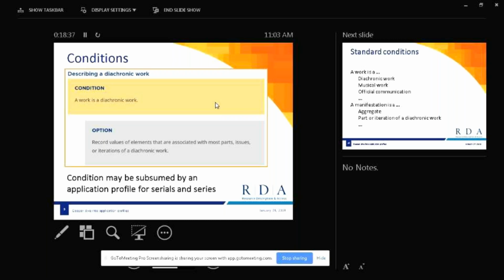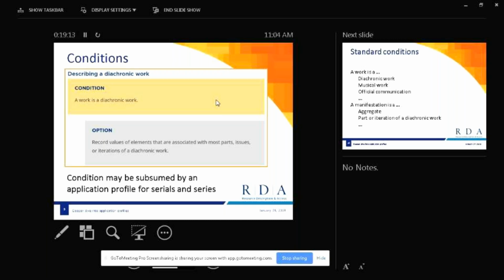That is the common elements that you find in a serial, such as its title and publisher. But that condition itself could be subsumed into an application profile for serials. So if you had an AP for serials and series, you go straight to the option, and the condition in some sense becomes redundant in your context. So again, there are different ways that you can mix and match these approaches using the toolkit and using application